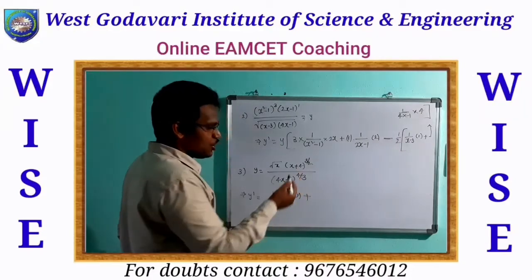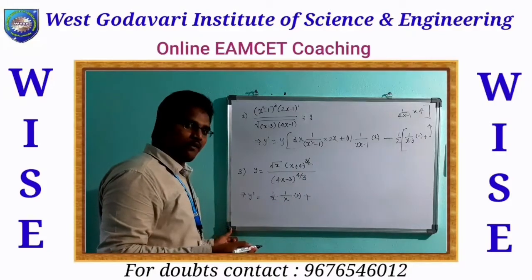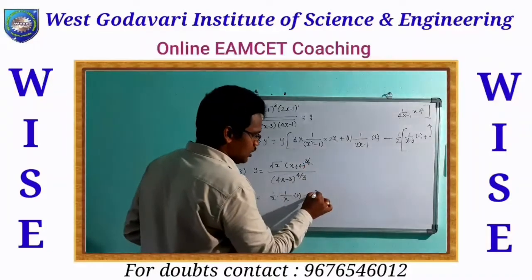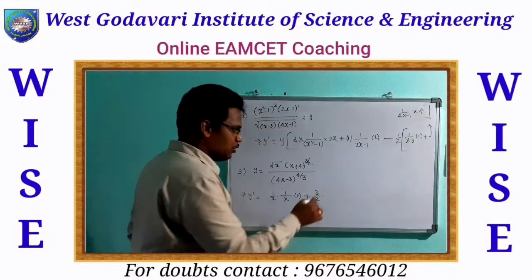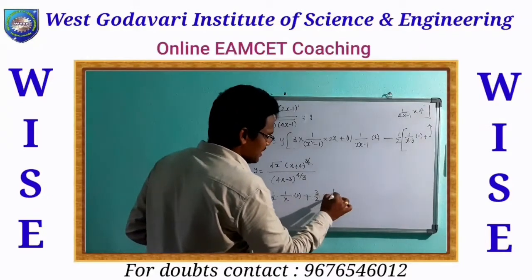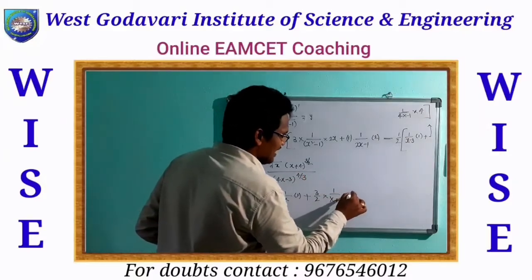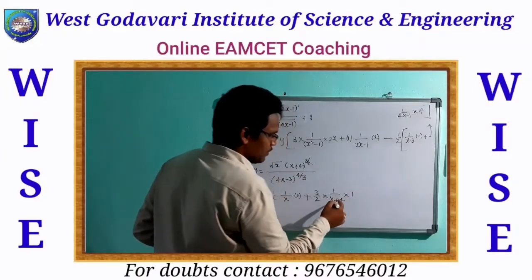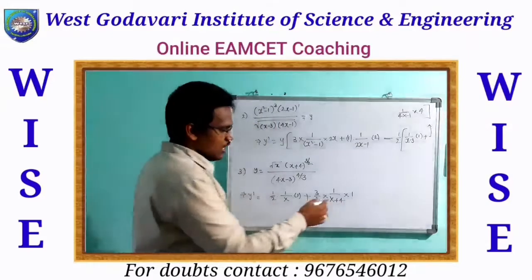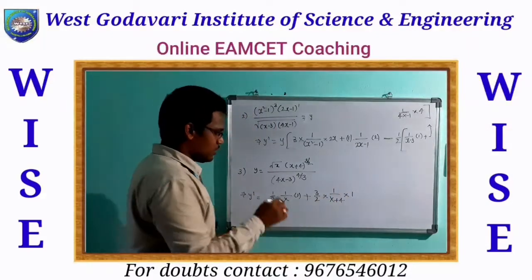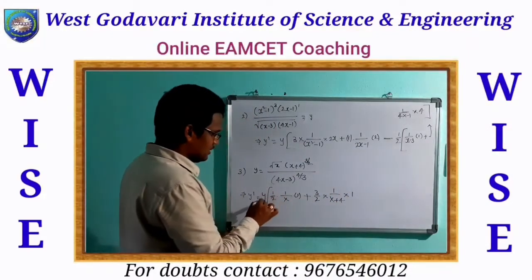Plus the second numerator term is (x plus 4) whole to the power of 3 by 2. So 3 by 2 is the power value, it becomes the coefficient, into 1 by x plus 4, the function value, and differentiation of x plus 4 becomes 1. d by dx of x is 1 and 4 is a constant, that becomes 0. And the remaining term here is, y into